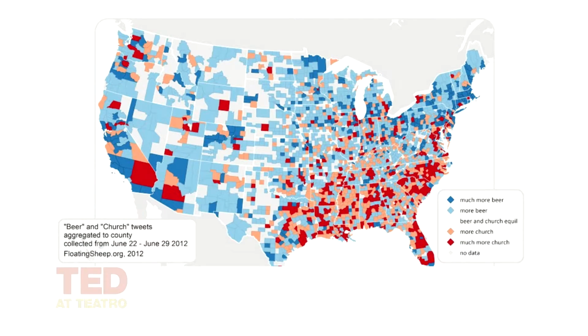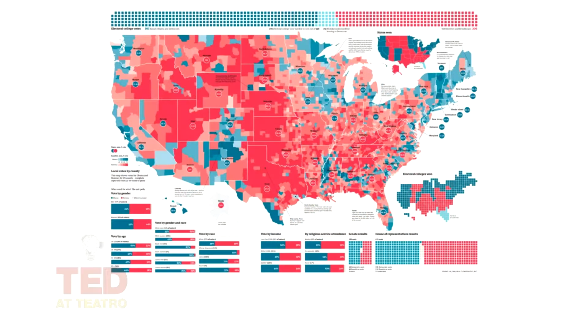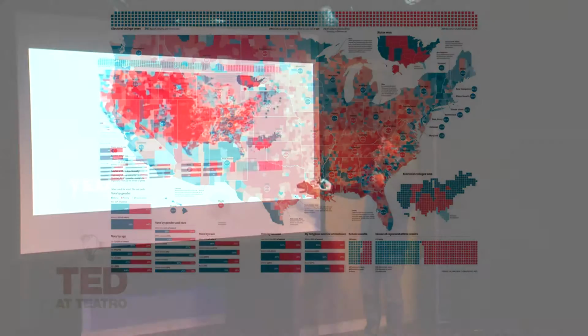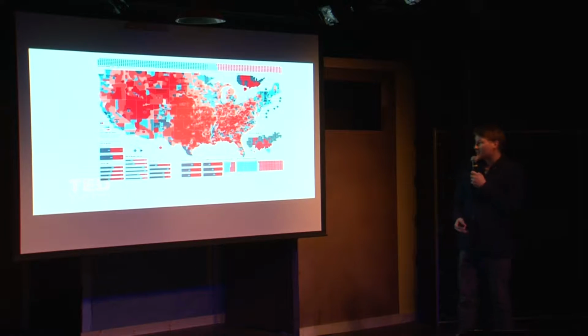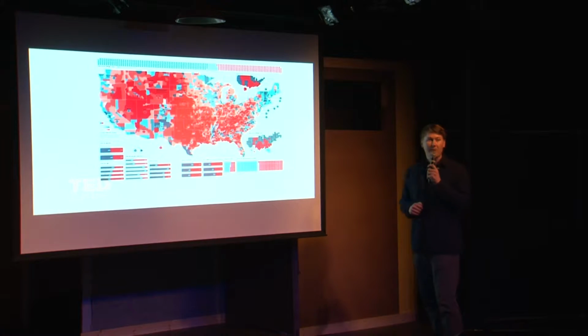Here's another one. This is beer and churches. Red means more church, blue means more beer, and we can use big data visualization to not just talk about beer and church, but also how people voted in the last election, broken down by county. And I'm sorry, it's very fine print, and if you want to know more about this, I can share the slideshow with you. This is very fascinating to me to see this kind of visualization of data that we've only had for about 10 years, this sort of ability to visualize what we see happening on the internet.